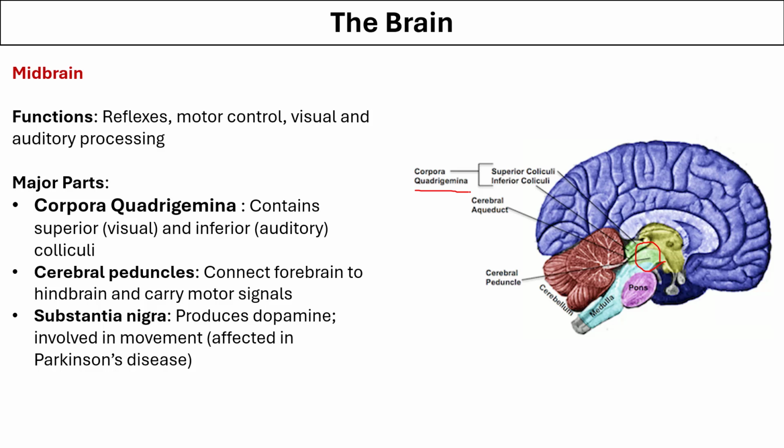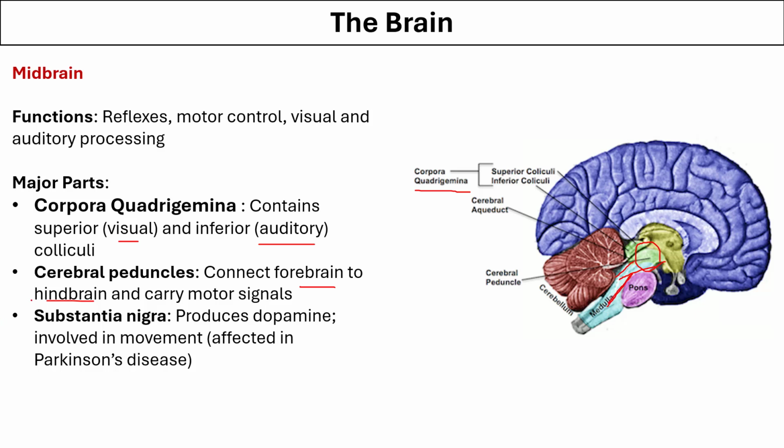They contain the superior and inferior colliculi, which process visual and auditory signals respectively. Other than that, you have stalks called cerebral peduncles which connect the forebrain with the hindbrain, and they transmit information about